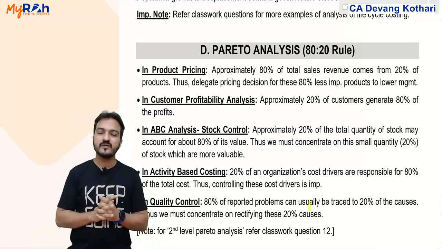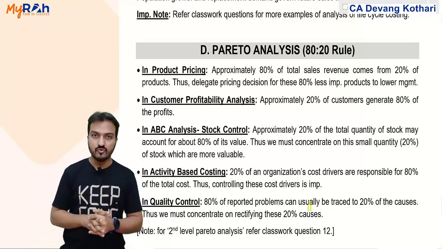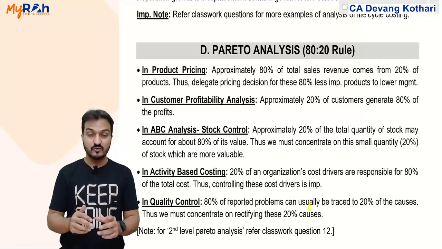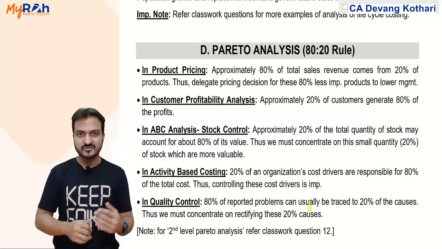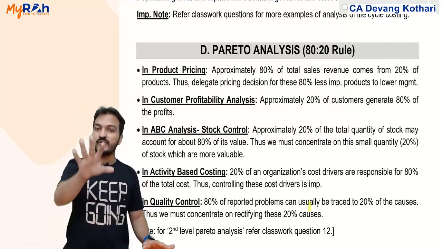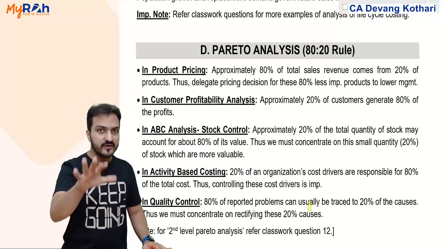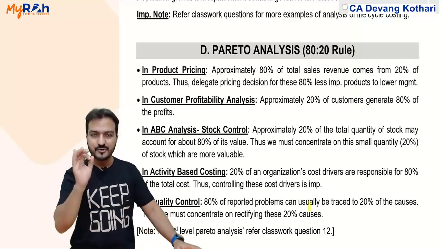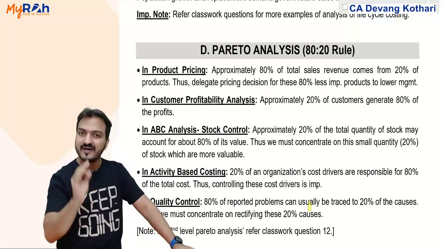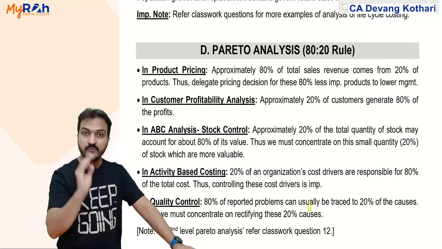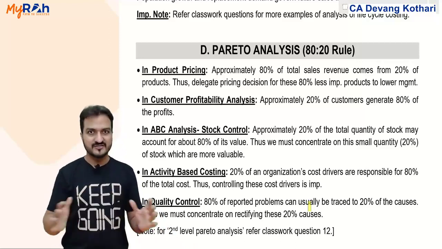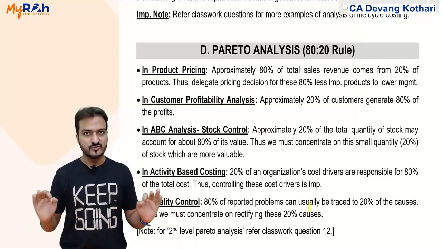Of course, there is no 80-20 rule for your CA final costing syllabus. So please don't believe that 80% of the exam paper comes from 20% of the chapters. No, your exam paper will come evenly distributed from all the chapters. Do not skip any chapter in option. I repeat, do not skip any chapter in option, because your final exam paper will come proportionately from all the chapters. No 80-20 rules over there.